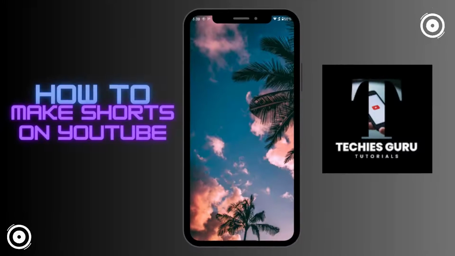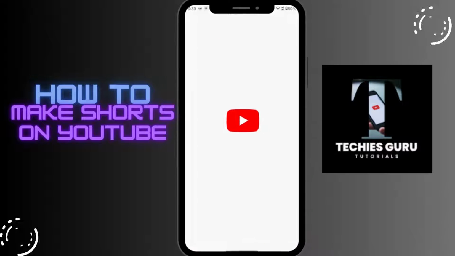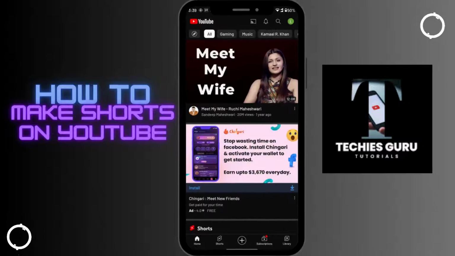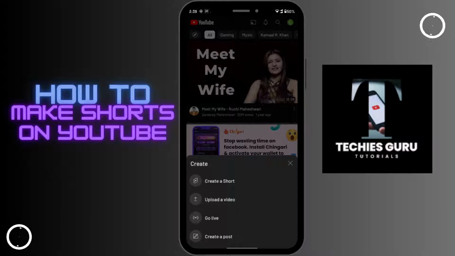How to make shorts on YouTube. So to make shorts, all you have to do is open up your YouTube app, and then on the bottom you will have 5 options. You can tap on the plus icon, which is the create option, and after that here you will have 4 options. So you can tap on create a short to create a short video,